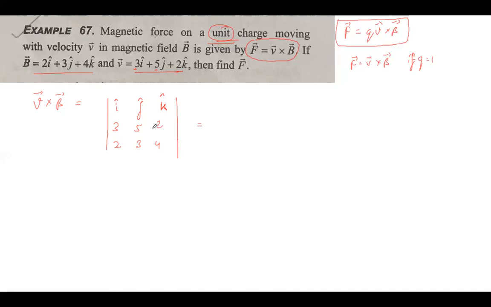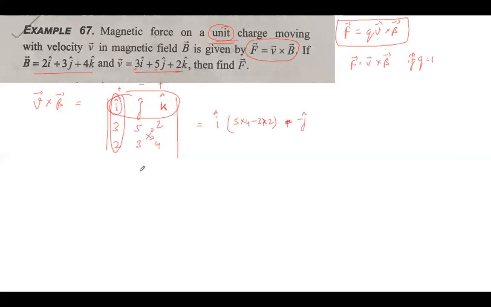Then what we do, we start expanding it. So when we expand it, we will mask this and we will mask this. You understand masking, right? Remove these two, and what remains with us? This is plus sign, this minus sign, plus sign. So when we masked it, we are left with 5, 2 and 3, 4. Here we will write i cap because we are expanding about it. So i cap into 5 into 4 minus 3 into 2. Plus, no, sorry, here it is a minus sign, so we will write minus j.